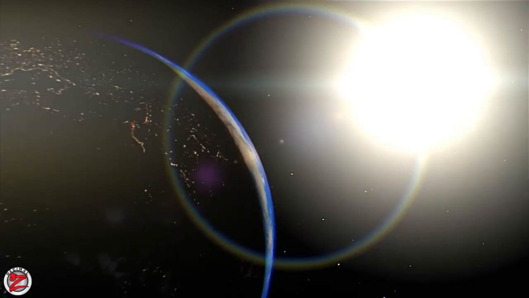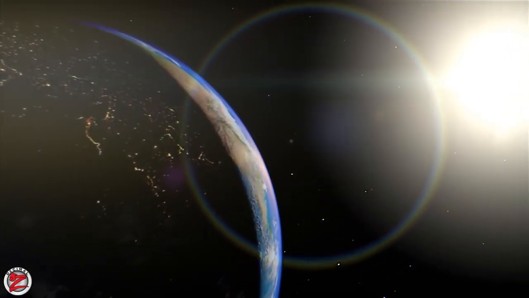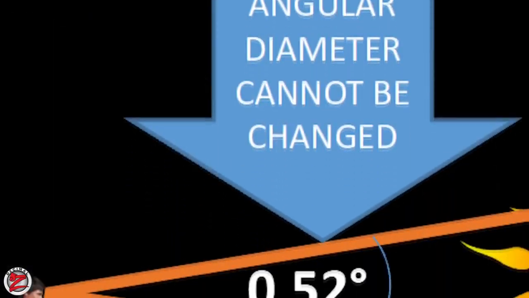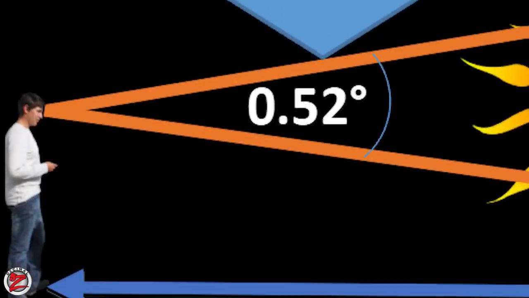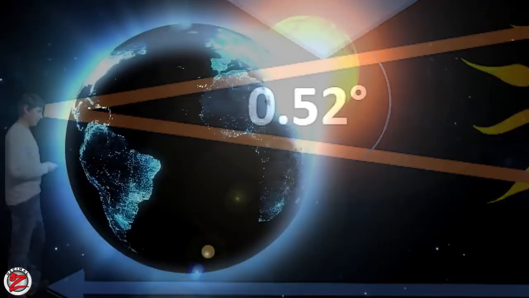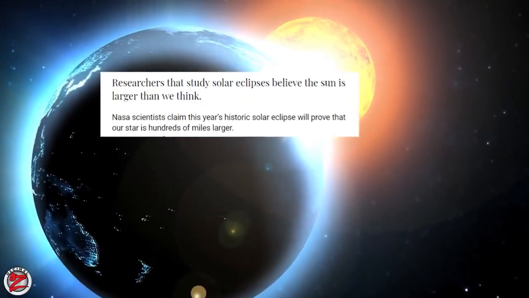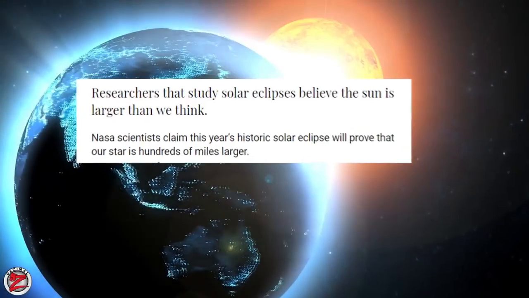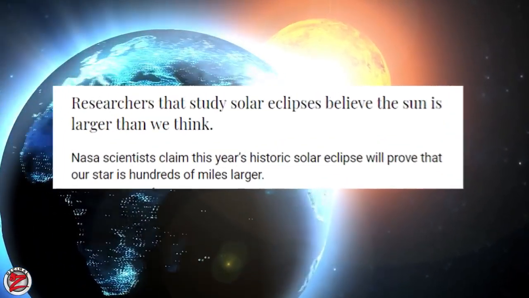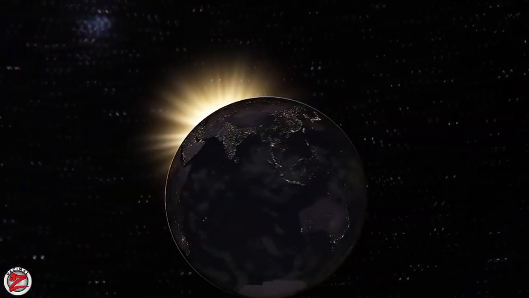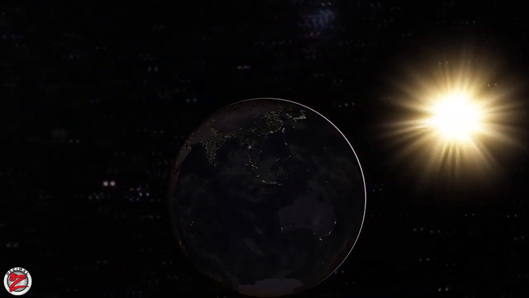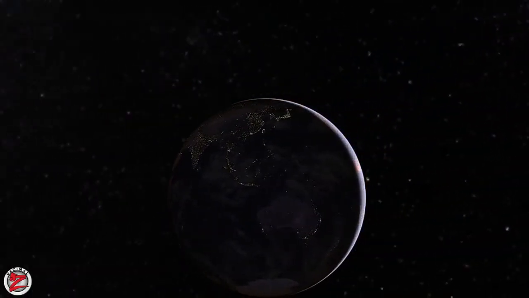If they change the size, they will be forced to change the distance to keep the angular diameter as it is in real life. So right now, they are saying that for the math to work perfectly, the size of the sun has to be a few hundred miles larger than the actual size. But if you make the sun 250 times larger, you will put it so far away that the distance will be much greater, enormous. And what does that mean?